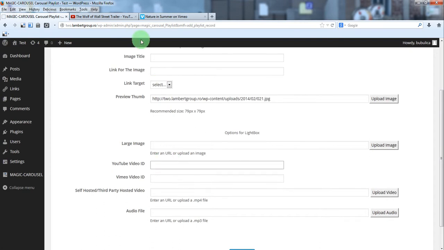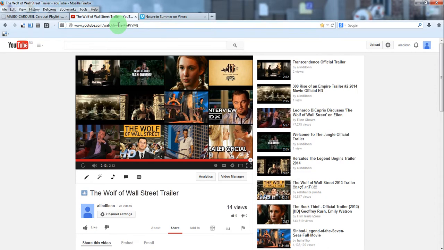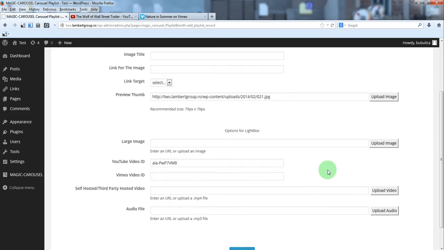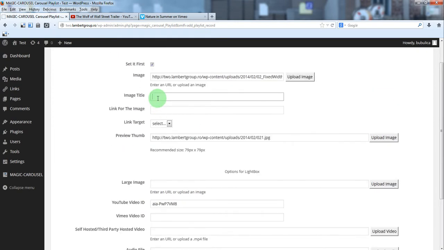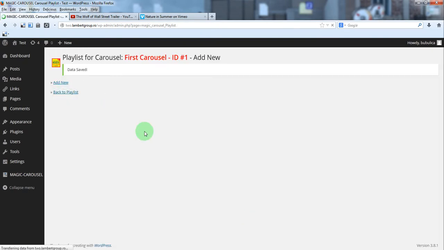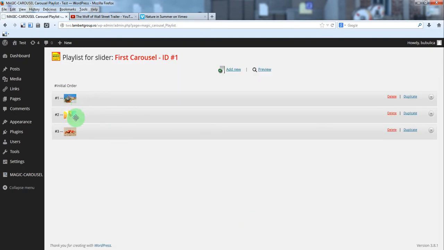For the YouTube video, we'll just copy the ID, which is the part after v equals. So this is the YouTube video ID. We'll just paste it here. Let's put a title and add record.